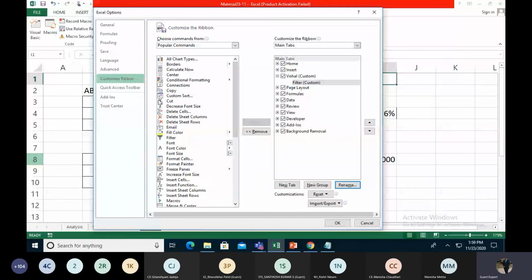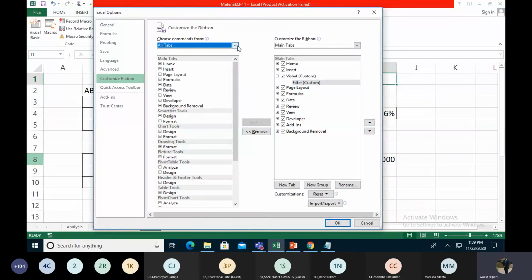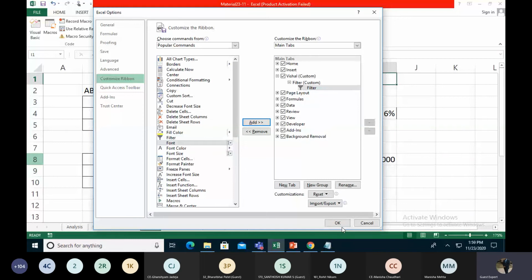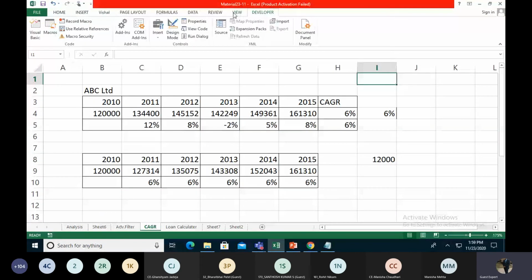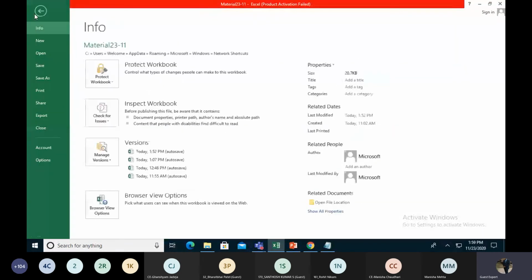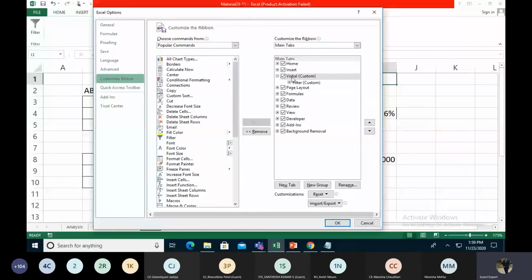With this group you can put any formulas, such as popular commands, all commands, and tab-related commands. In Popular Commands, we just select Filter, add it into the group, and click OK. So you see this is my Vishal tab, and there is a Filter section with the Filter tool in it. So in Options, Customize Ribbon, you get all the details. Right now, I am going to delete it over here.